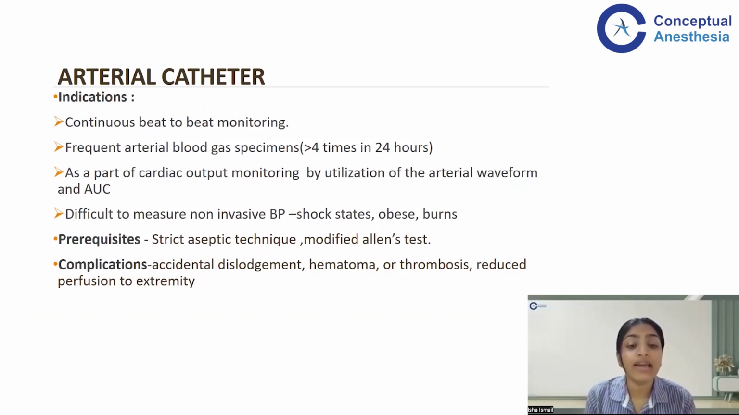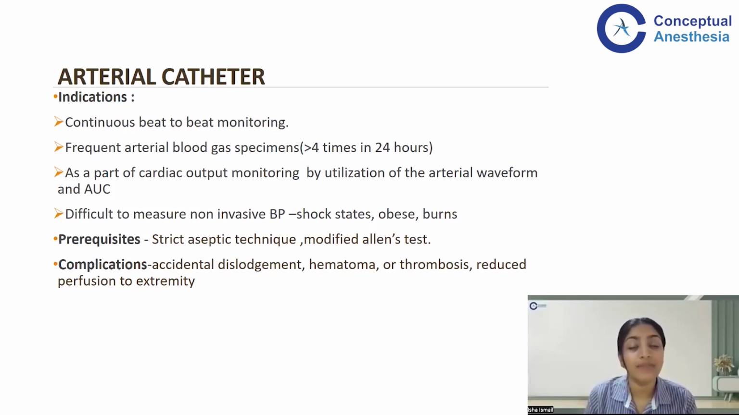And when we know that NIBP is not possible in the patient, because shock states will not give you a proper reading with your NIBP, obese patients become difficult for cuff size, and burns patients might not have an area available for you to even apply the cuff. So the prerequisite in these would be to adhere to strict aseptic precautions and utilize something called the modified Allen's test. So the modified Allen's test will see to it that the collaterals are still intact,